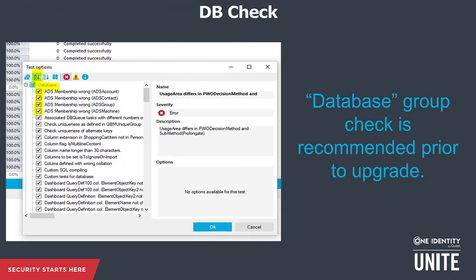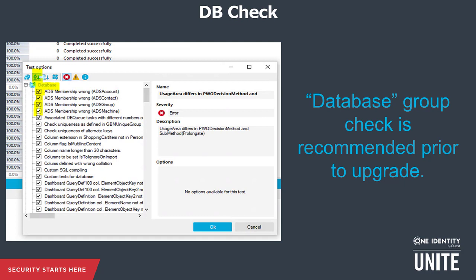Now, in terms of database checking, Identity Manager, as you undoubtedly are aware, is a very database-centric product, highly normalized tables, a lot of references and so on. And so there's a responsibility there to keep that database in good shape from a database integrity point of view.